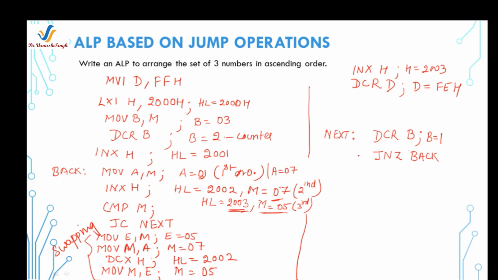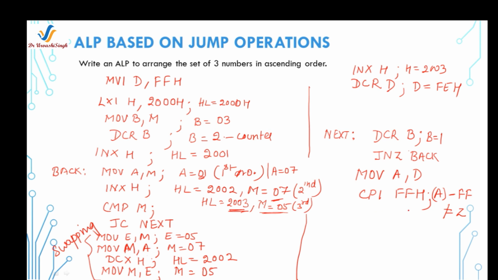Okay, so now check in the main program whether the swapping is performed or not. For this I am taking this D value into the accumulator and comparing whether the register D value has changed or not. For this I am using the instruction CPI. What the CPI instruction will do is subtract the FF hex from the accumulator value. So if the value is the same, then there will be 0 in the result. It means the zero flag will be 1. Otherwise, if there is a swapping, it means there will be no 0.